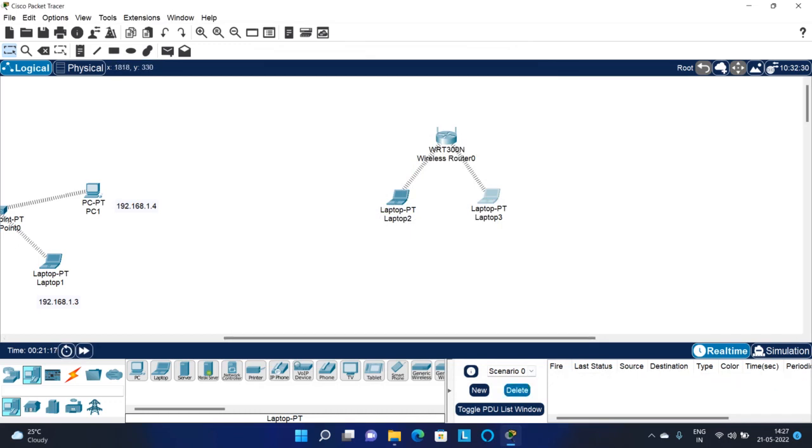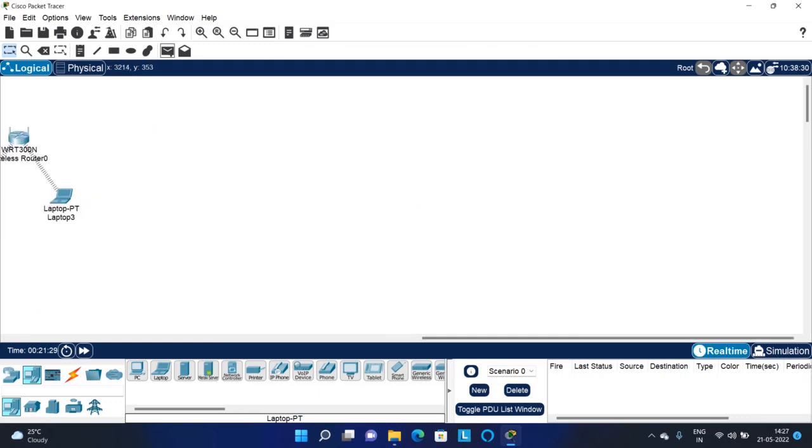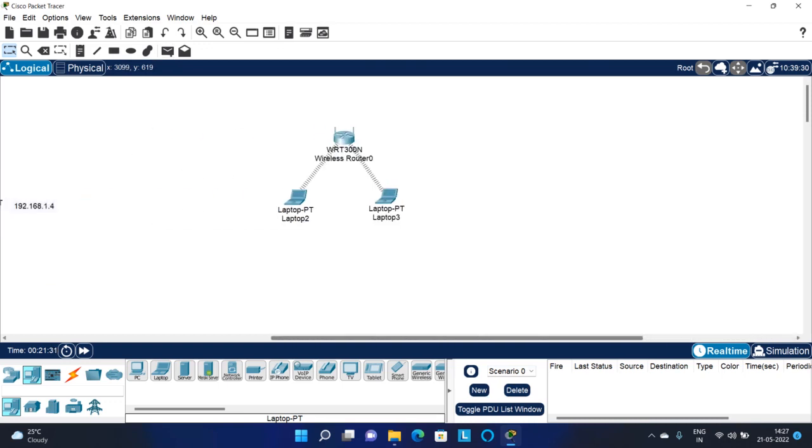Now I should be able to send data from these devices. Success. Okay, I'm able to